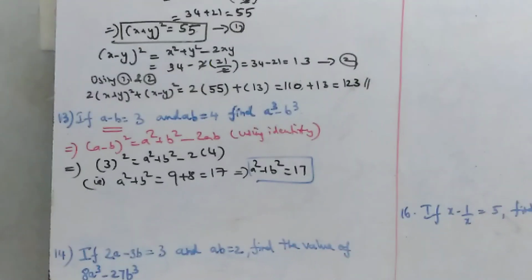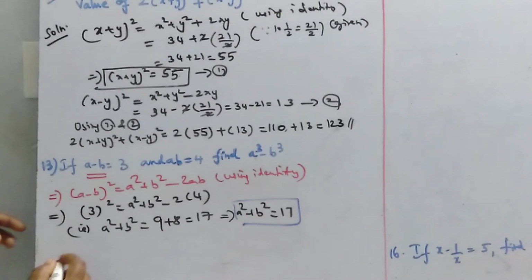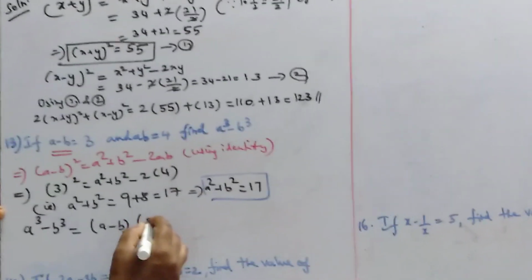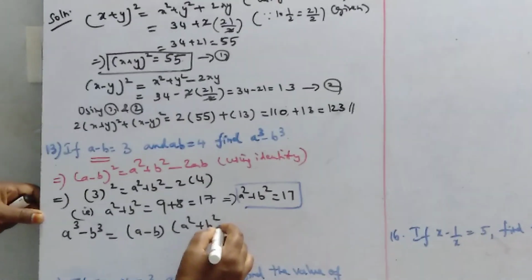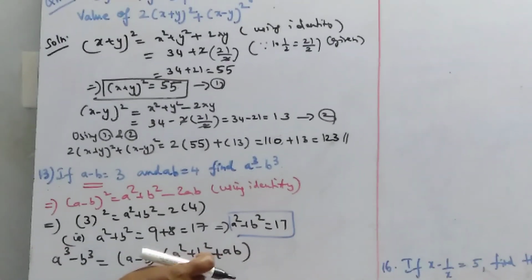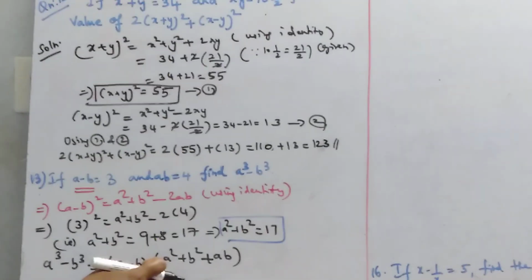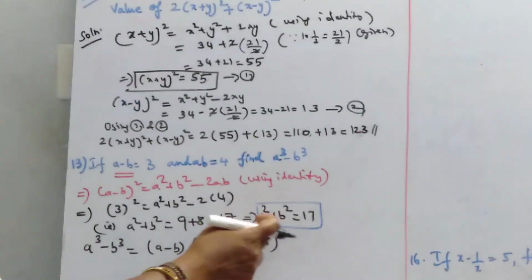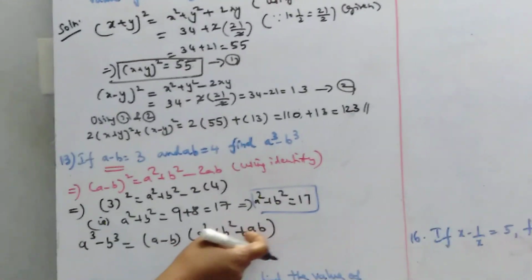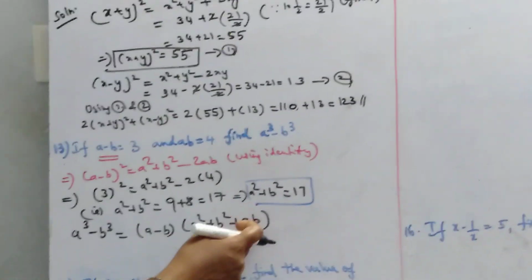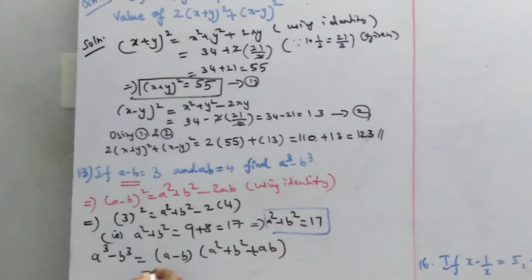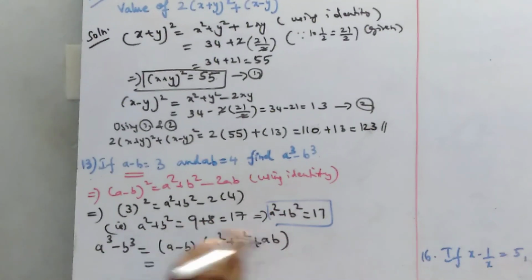Then next, what we are going to do here is using the identity. Next we are going to find that is a cube minus b cube, which is what? A minus b into a square plus b square plus ab. Only a small change I have done in the formula. The terms, if you interchange without any change in the sign, we can interchange the terms as per the conditions, right? So here a minus b into a square plus ab plus b square you have studied. Here I am just changing that b square to this side and ab to that side, because a square plus b square value we have 17, so we are going to substitute that value. So for that's why we have changed these terms' place.